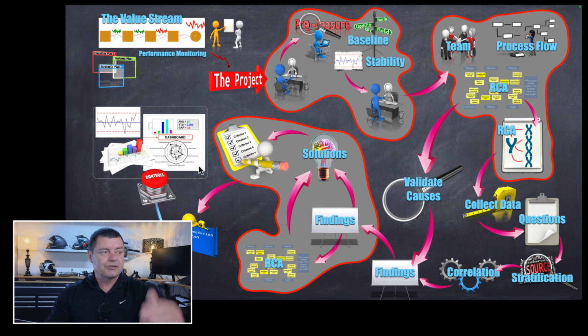Now, the overall visual flow would look something like this, but I just want to highlight an important part of this. First of all, when you're doing a lean-oriented project, you're still going to do some numerical analysis at the front end. So you're incorporating a little bit of multiple methodologies. So whether it's a lean project, you're still doing a bit of Six Sigma type work. The other side of it is, and this is the reverse of it, when you get into the solution phase, even though you might be trying to eliminate or control variation in a process that affects the quality of something,